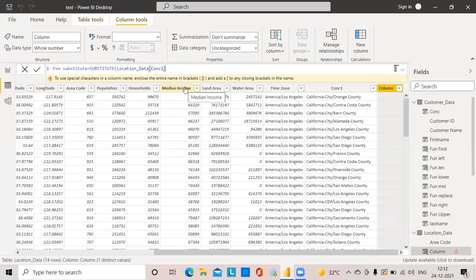Then I will use comma and old text, new text, and the instance number. Old text means I will use hyphen. I will remove this hyphen; that will substitute this hyphen. New text I will use hash. And we have instance number here. I will give 1. We will see the result first.